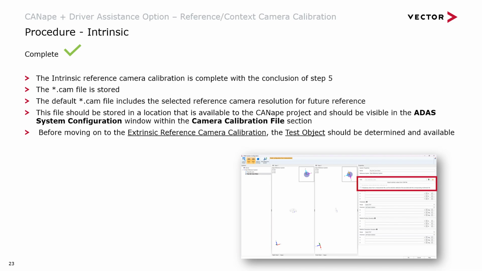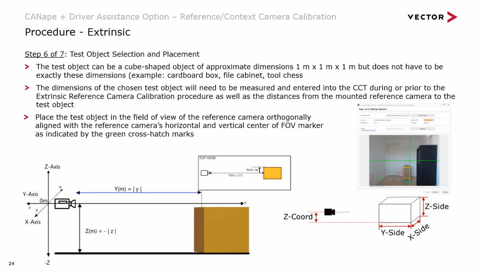You will need to have your test object available to start the extrinsic calibration. The test object needs to be cubical and square in nature. We recommend approximate dimensions of 1 meter by 1 meter by 1 meter. Items like a cardboard box or a file cabinet or tool chest are acceptable objects. Choose your test object and then measure the height, width, and depth. Place the test object approximately in the center of the field of view of the camera such that either the left or right vertical edge is aligned with the vertical crosshairs displayed in the live camera image in the Step